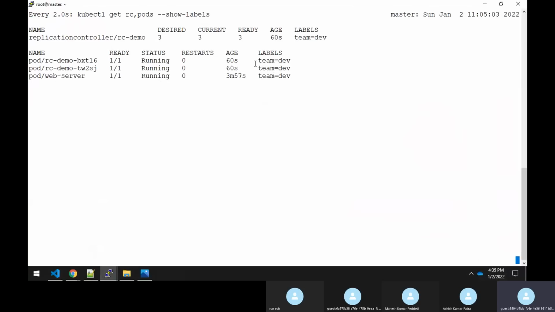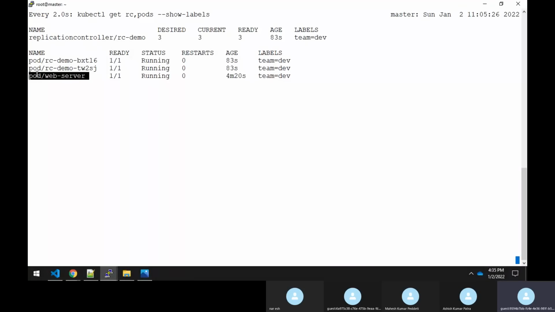Now you will say, okay Rajesh, I want my pod back. I don't want my pod to run under the replication controller; I want to take my pod out of it. Suppose I want to do some diagnostics on this pod, whatever it is running inside.